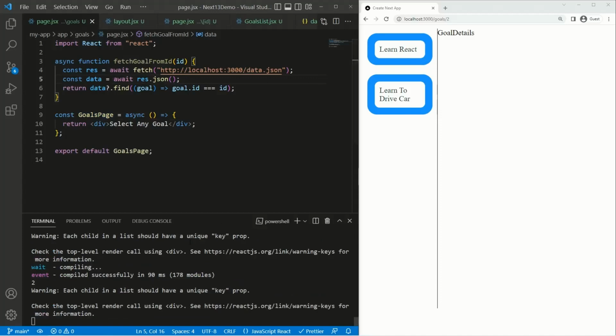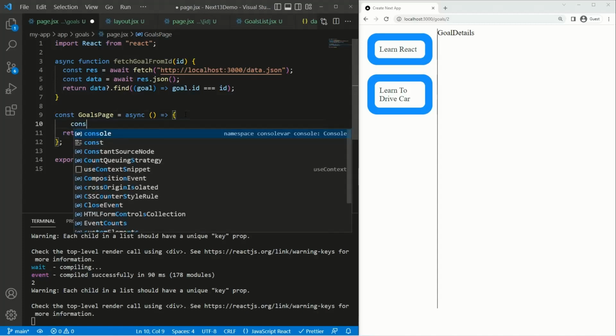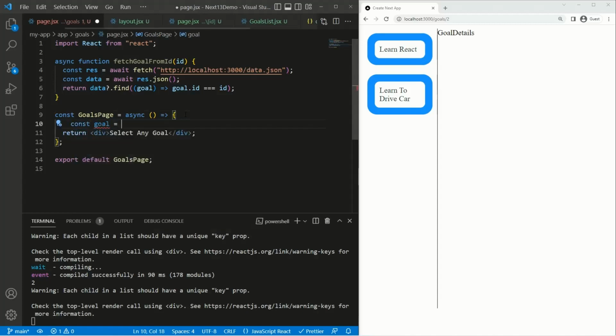So if we just save, and now what do we need to do? We need to move on into the goals page. That's also an asynchronous component, so we need to wait for some task before we render the JSX. So again, we can have the const goal that should be equal to